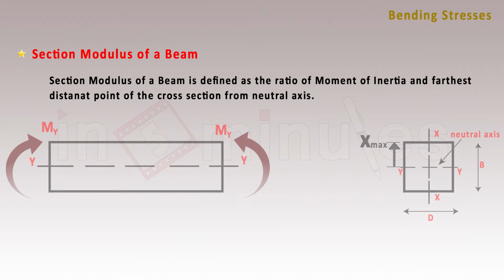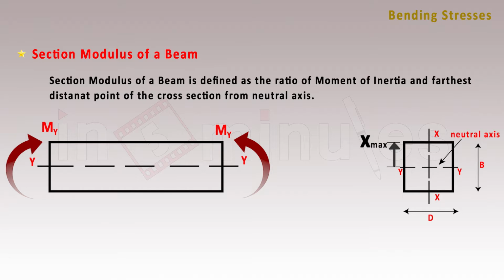Now consider the same beam which has been rotated by about 90 degrees, so that we have the xx axis vertical and the yy axis horizontal. Now if this beam is subjected to bending moment about the yy axis whose magnitude is My, then your beam will be subjected to bending stress along this yy axis, and this yy axis will become your neutral axis. Then if you see this top layer which is at the farthest distance from the neutral axis, and that distance is xmax, which is nothing but the distance along the x-axis,